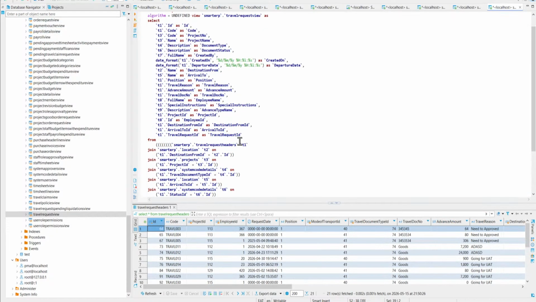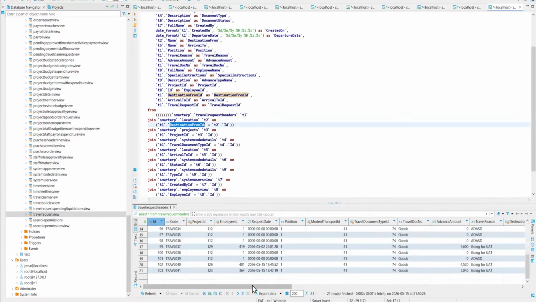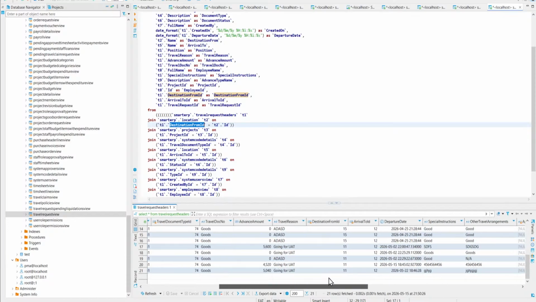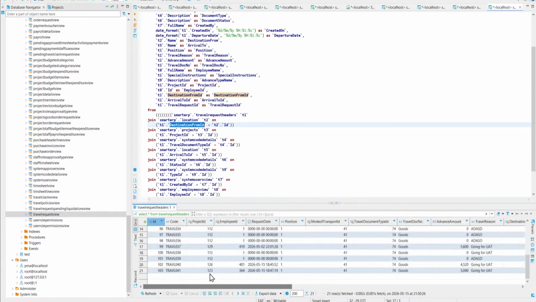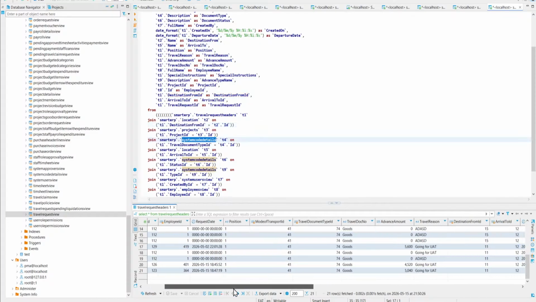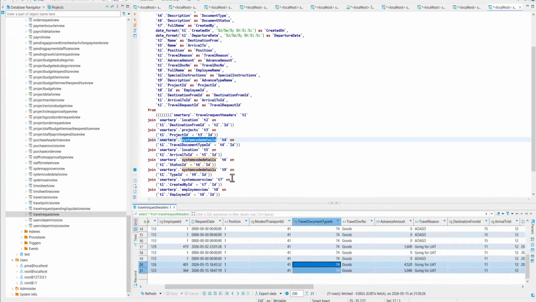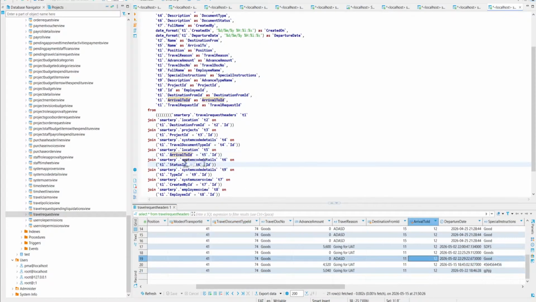So it says location, destination from. Do we have the destination from? Yes, it's there. Then project ID, it's there. Travel document type is there. Then location arrived to, it's there. Status,